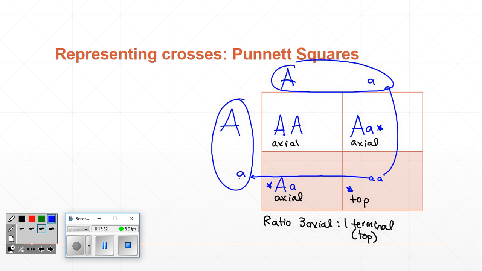Because axial is the dominant trait. So we said incomplete dominance. Even if you only have one copy of the dominant allele, it's the trait that shows up. The little a will give us the top position, but axial is dominant over it, so we get the same visible trait. Now there's